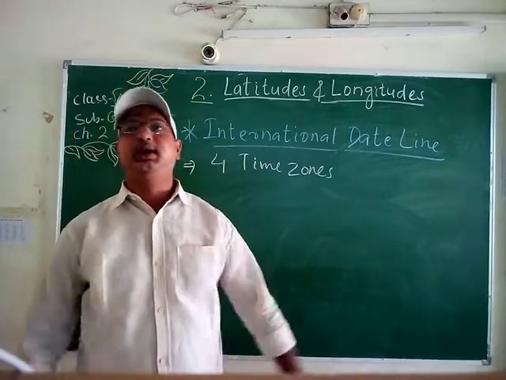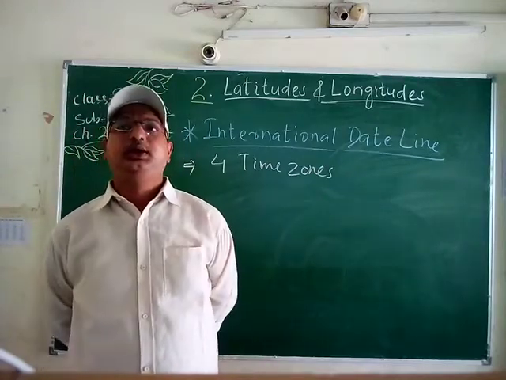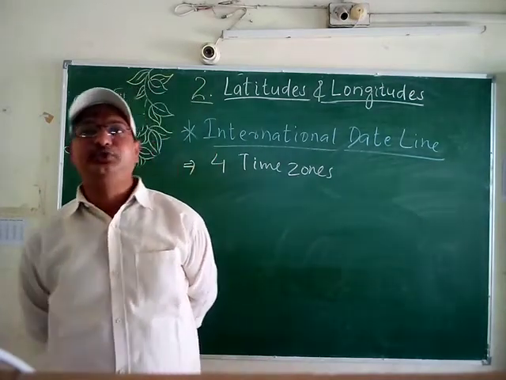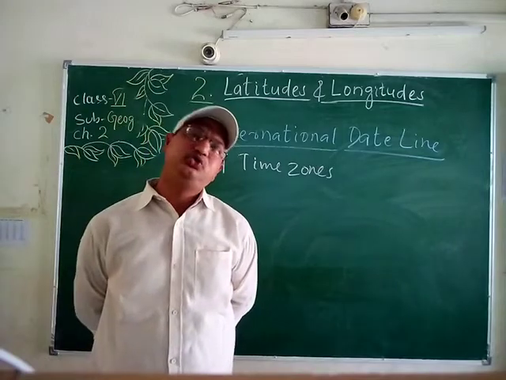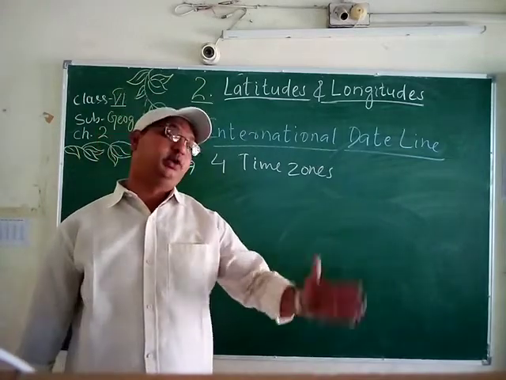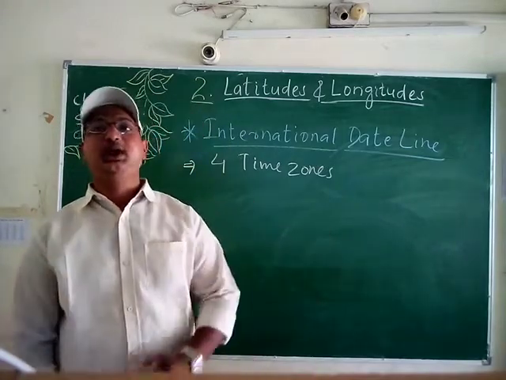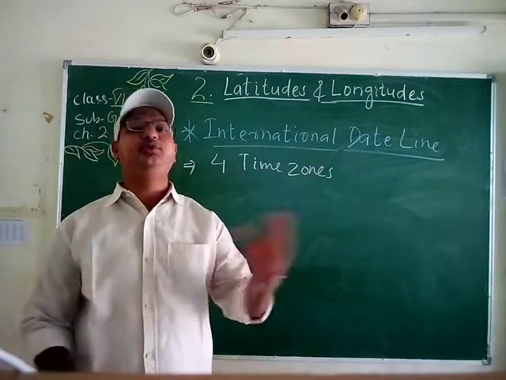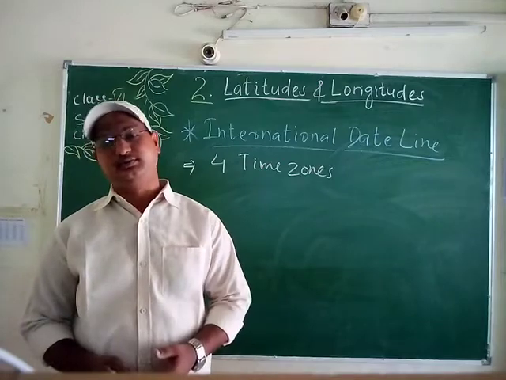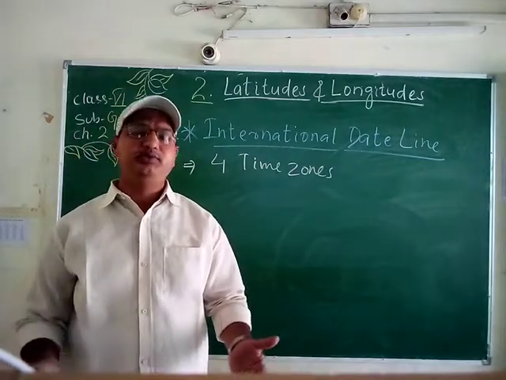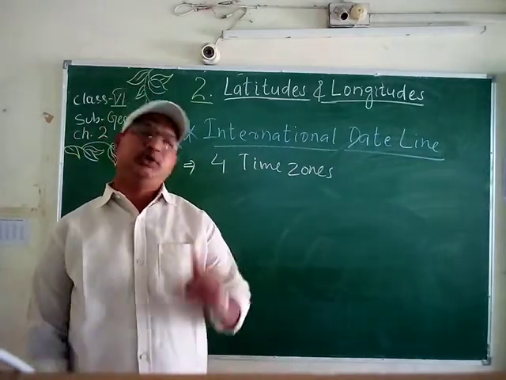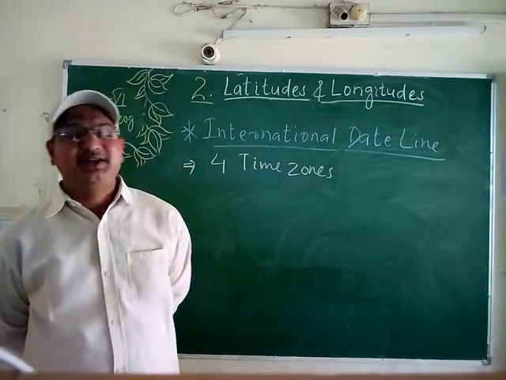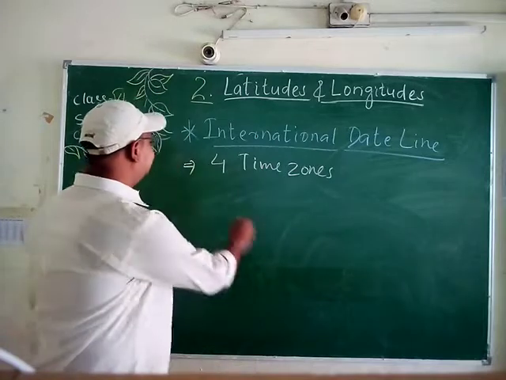Due to its very big width spanning several longitudes, the USA has 4 time zones. So the time on the east coast of the USA is 3 hours ahead of the time on the west coast. That's the difference between the time zones. Our country is very big, but we don't have different time zones. We have a single time zone. Example, when it is 9 a.m. in New York,